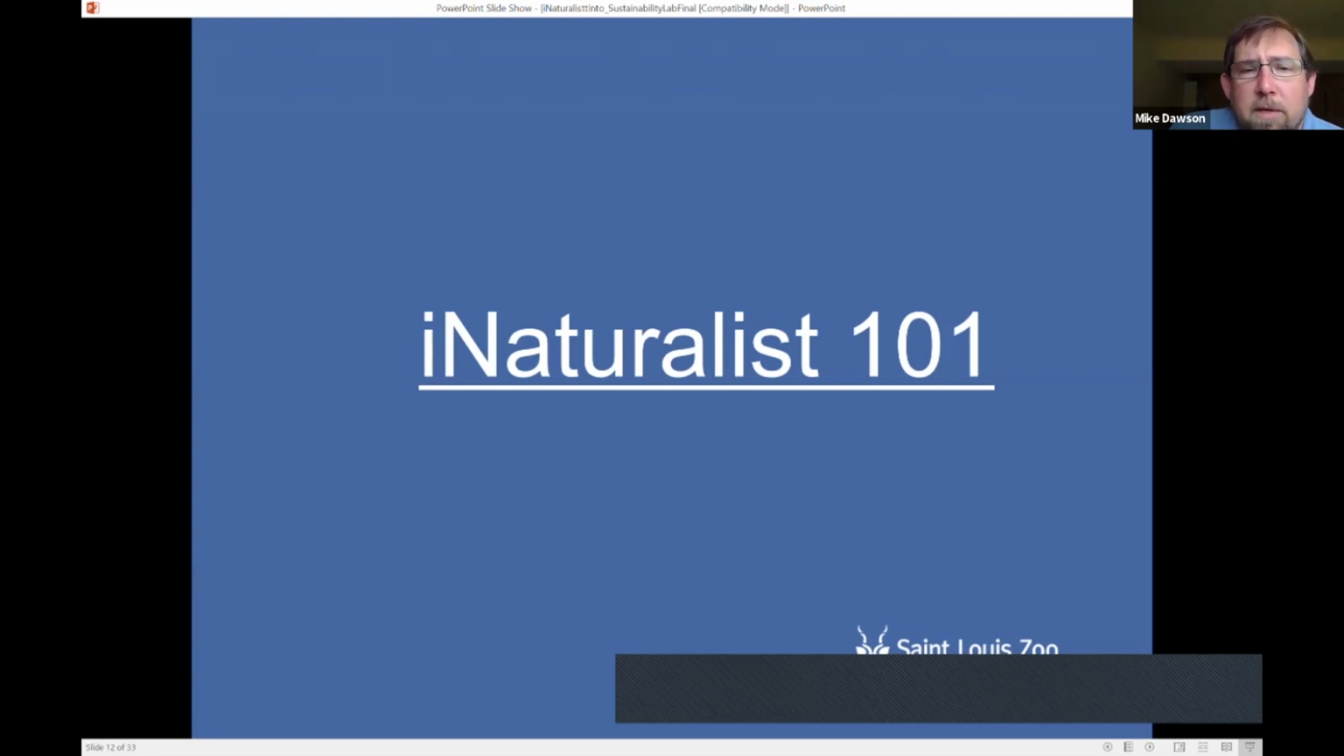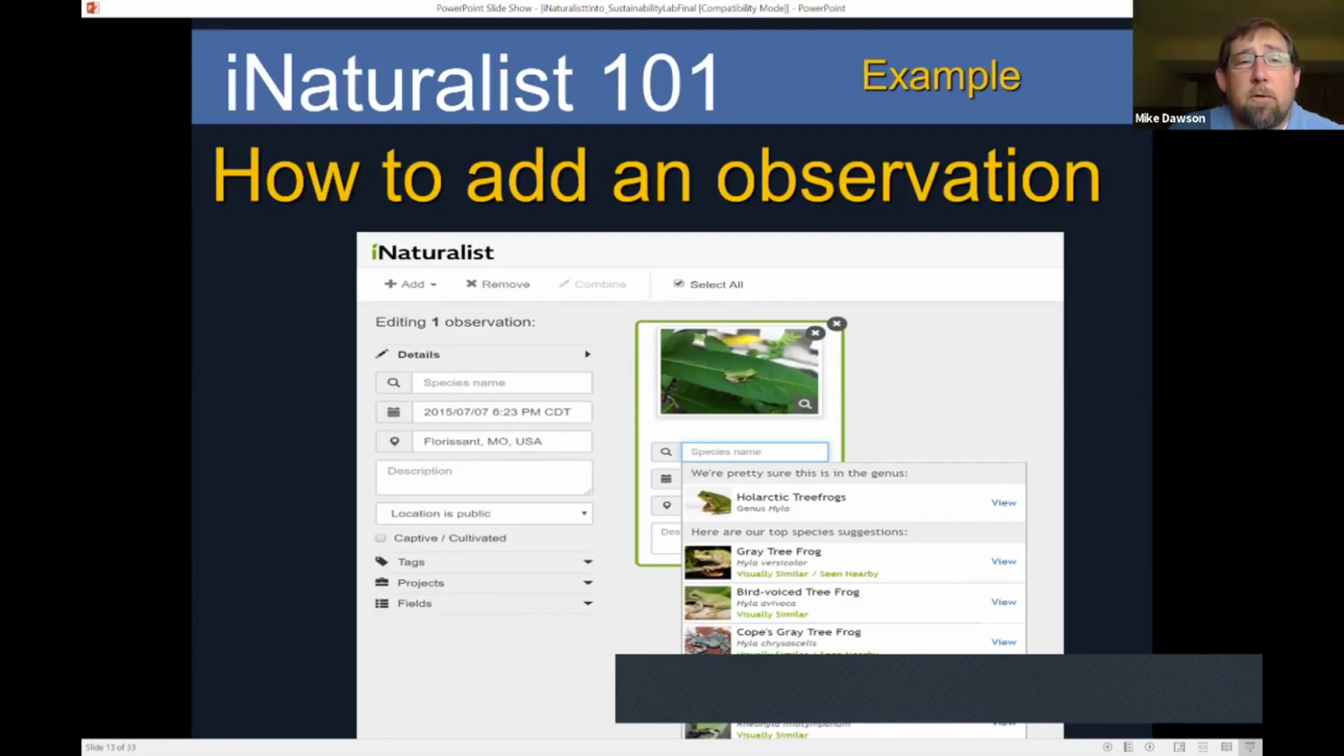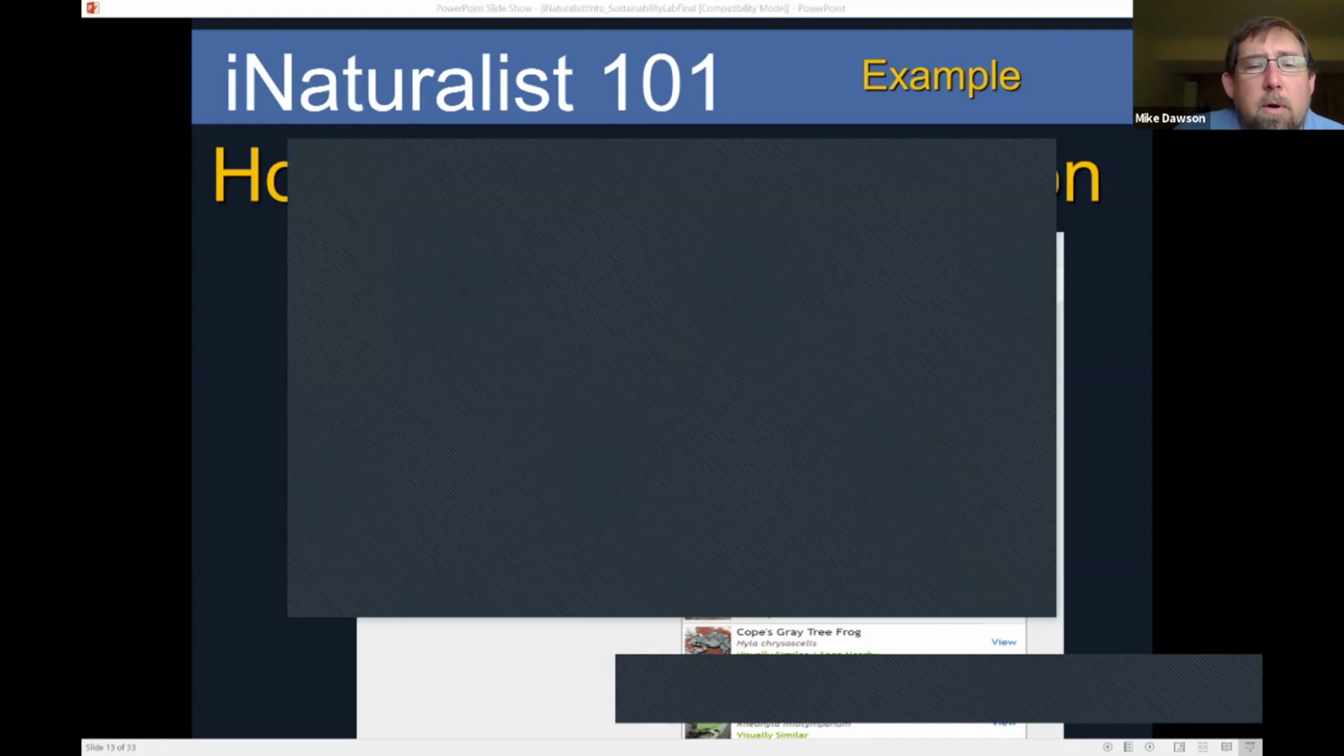So the basics of iNaturalist are pretty simple. The first thing you want to do is add an observation. If you were to create it from scratch, what would you do? Well, you need to do a couple of things. So the first thing you would need to do